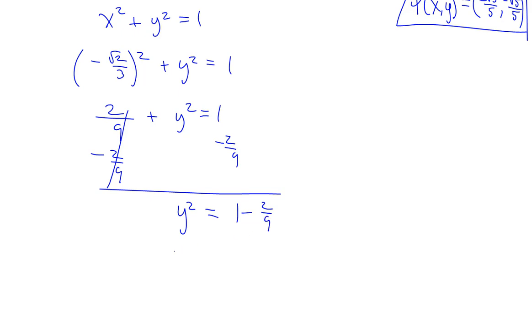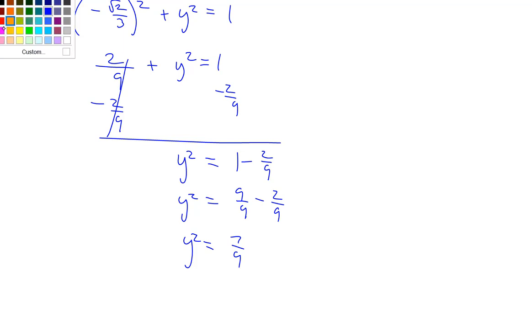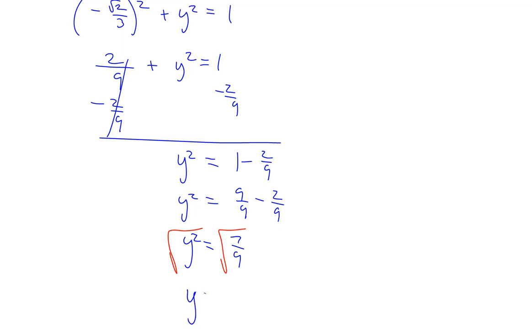Of course, that's really the same thing as y squared equals 9 9ths minus 2 9ths to get a common denominator, 9 9ths being 1. Which means y squared really equals, on top we'll subtract 9 minus 2 to get 7/9. And then of course we'll take the square root of both sides to get y by itself. Whenever we take the square root of both sides though, we have to use the plus or minus, so we'll remember that as well. And we'll say y equals plus or minus the square root of 7 over,